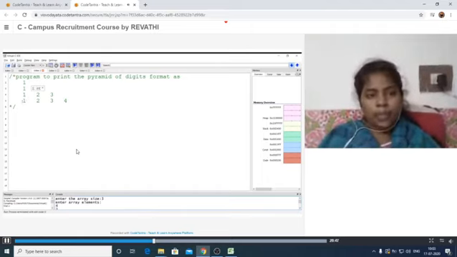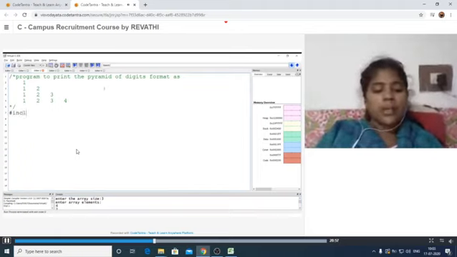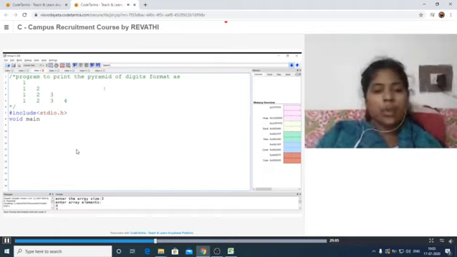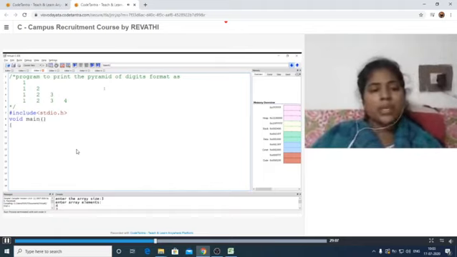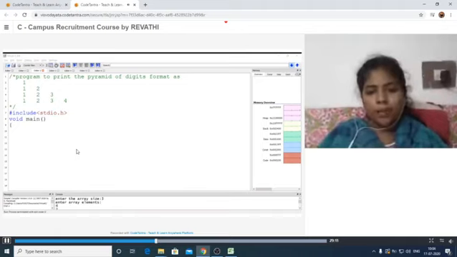If they have not given the size, we can take the number of rows it has to print. So let us start writing the program. First, hash include stdio.h. Next, C execution starts with void main. Next, we have to take the total number of rows present here.